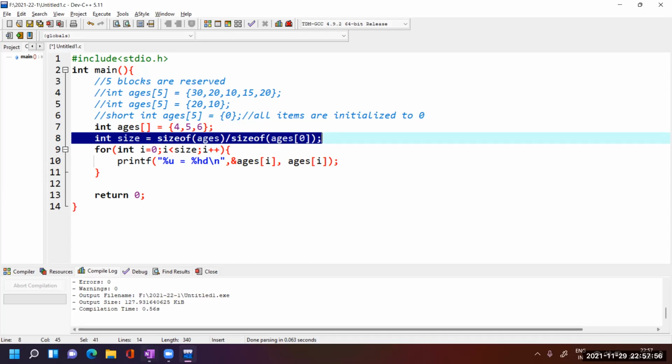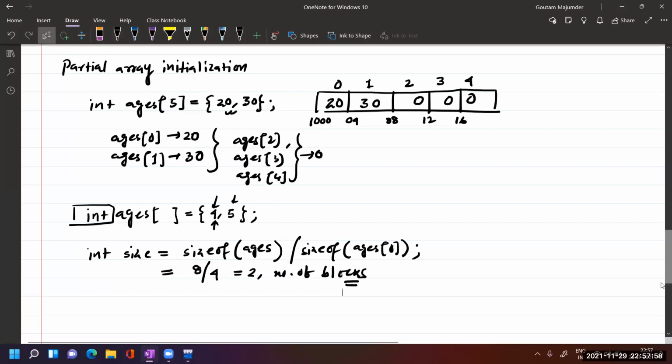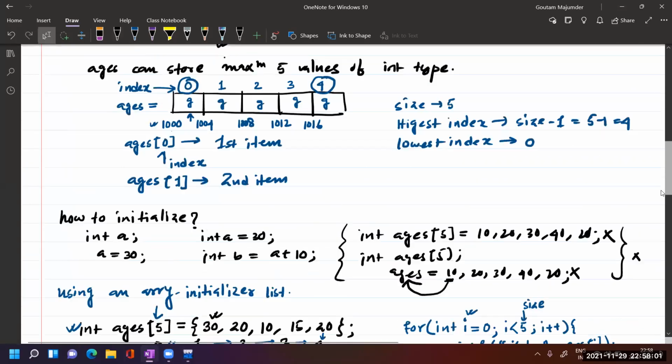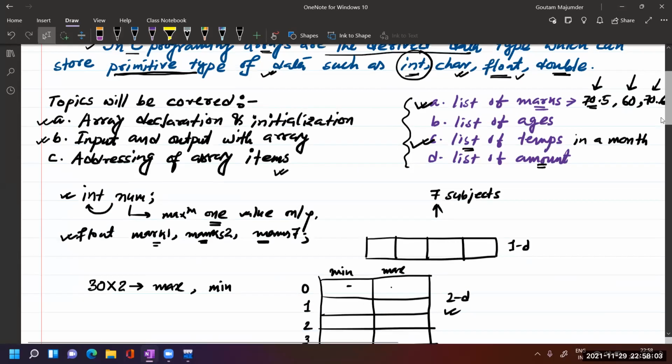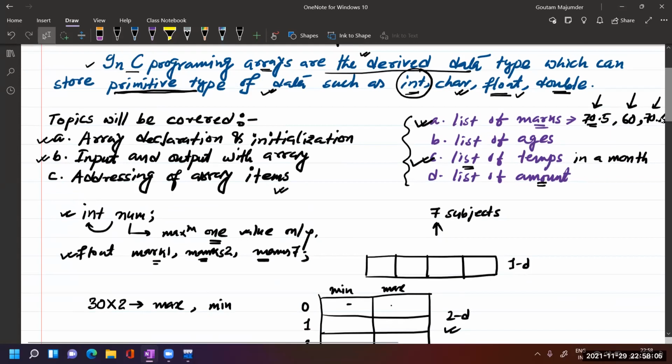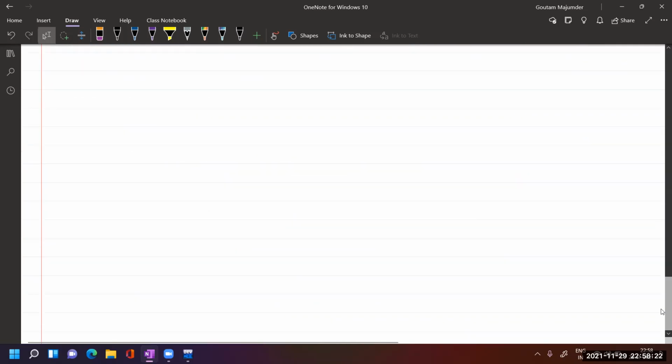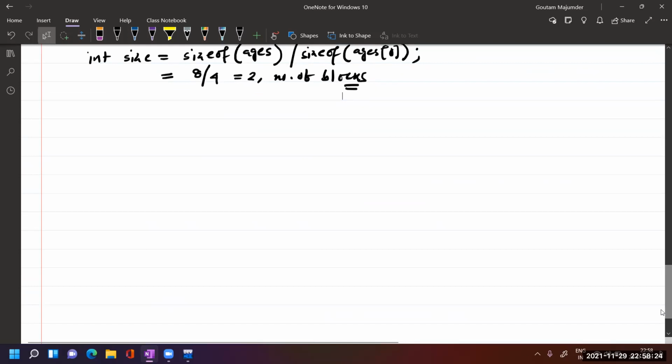Okay, so this is the very basic part I am discussing. Next, what is left? Array declaration and initialization is over. Output you are already producing. The addressing concept we have already discussed: continuous memory block. Now what is left is input, how to take input for the array items. To take input, we use a library function, correct? scanf.